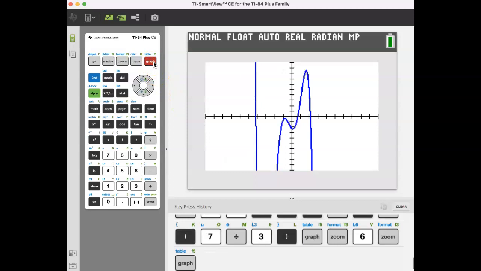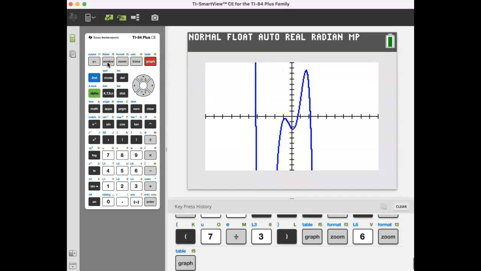I personally, when adjusting my window, like to use the window button because it allows me to manually adjust my window rather than sitting there trying to play with my zoom in and zoom out, hoping to get the right adjustment picture. Looking at the function we have right now,